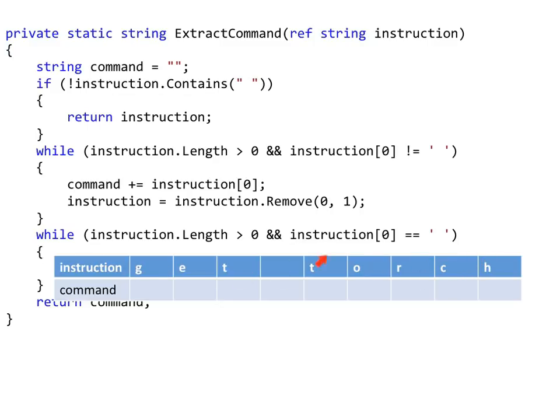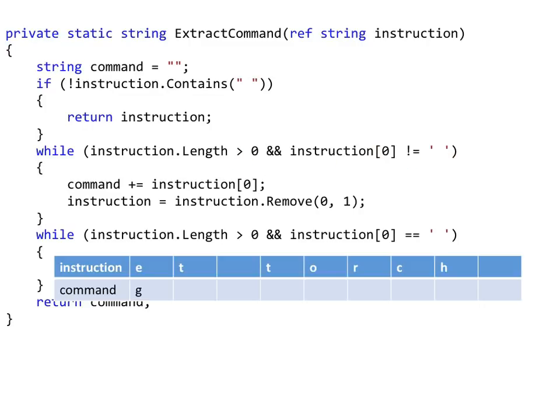So this gets passed into the variable instruction, and the first time round our loop, length is greater than 0, and the first character in there does not equal a space. So it takes the first character from instruction, that's the G, and it's going to append it to command. And not only is it going to do that, it's going to remove that G from instruction and assign the result back to instruction. So what we end up with is command equal to G, and instruction has now lost its leading character, and it'll go around the loop again and do the same thing again because it still hasn't